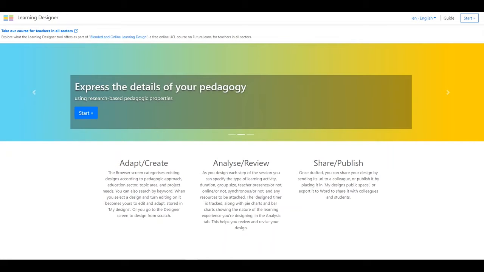This is the Learning Designer, a tool developed by a team led by Diana Laurillard at the UCL Knowledge Lab. It is free for anyone to use. The tool aims to help you with a methodology known as learning design. Learning design allows you to make informed decisions about the pedagogy, resources, and activities you will use to achieve learning